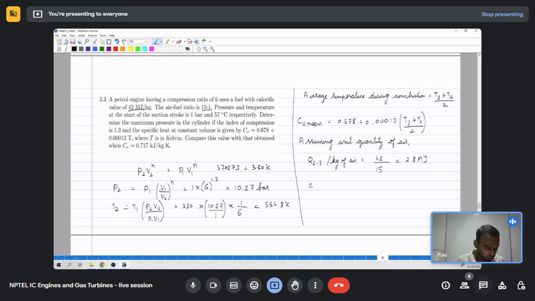Now we know Q23 is also, can write it as m CV mean m dot T3 minus T2, and here we